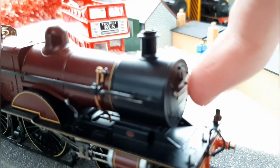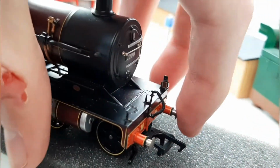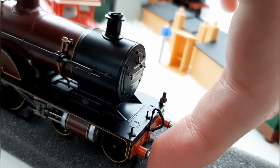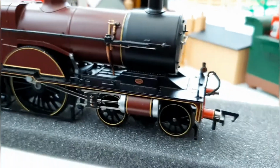You've got handrails all over, which are metal. Very intricate detail. There are lamps. There's supposed to be one on this side, but I don't know where it is. To be honest, I'm not bothered. It's just a lamp. Sprung buffers, which are very, very nice. City of Truro doesn't have sprung buffers, by the way, and I think this is more detailed